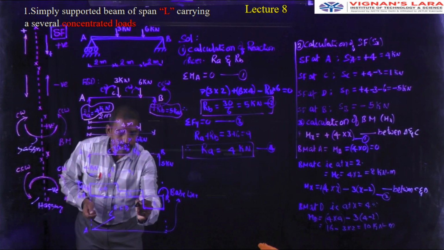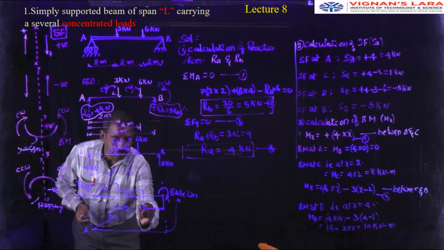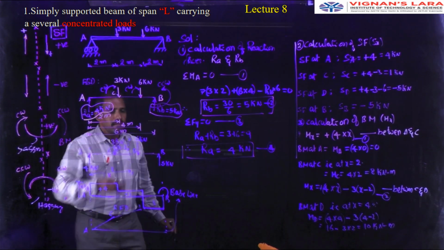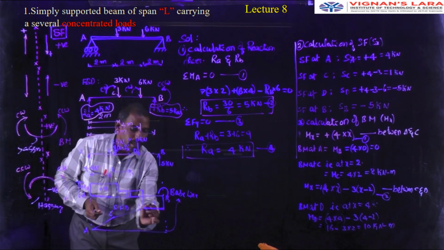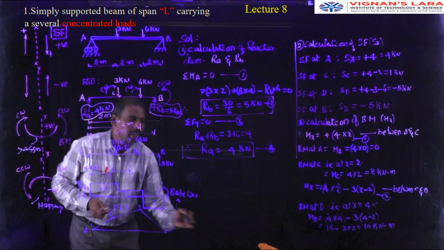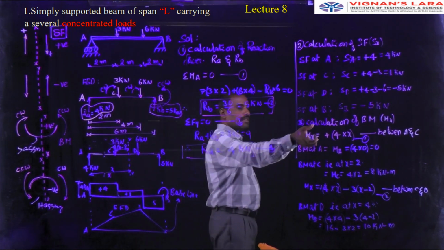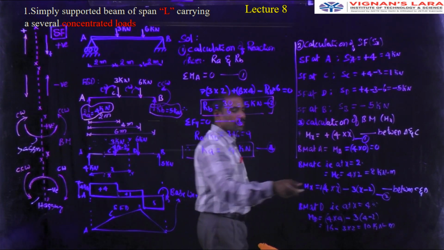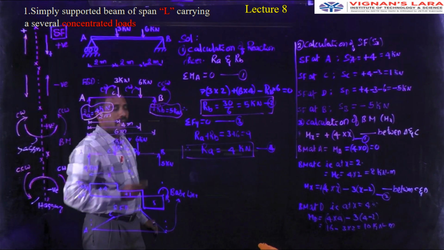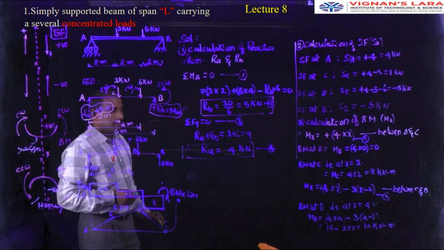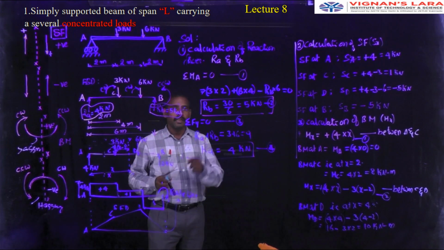So I think that further it increases up to D. Then you can draw the bending moment from D to C by formulating the equation as represented in equation number 1 as well as number 2, by considering the section between D and B. So let us continue with the next problem.